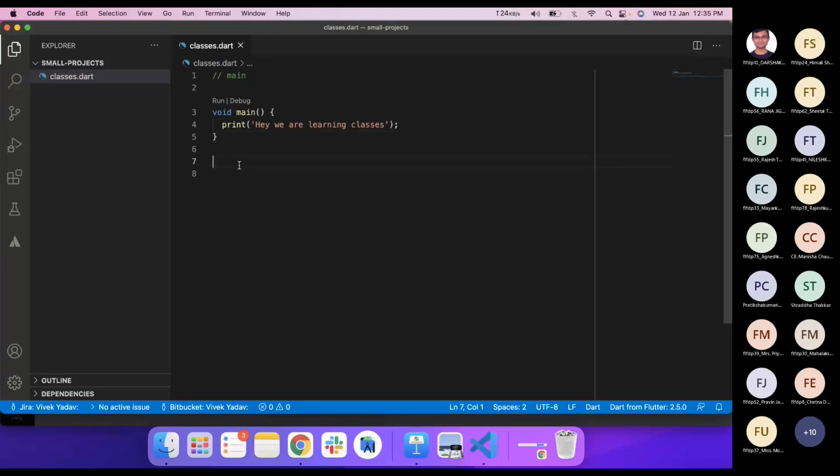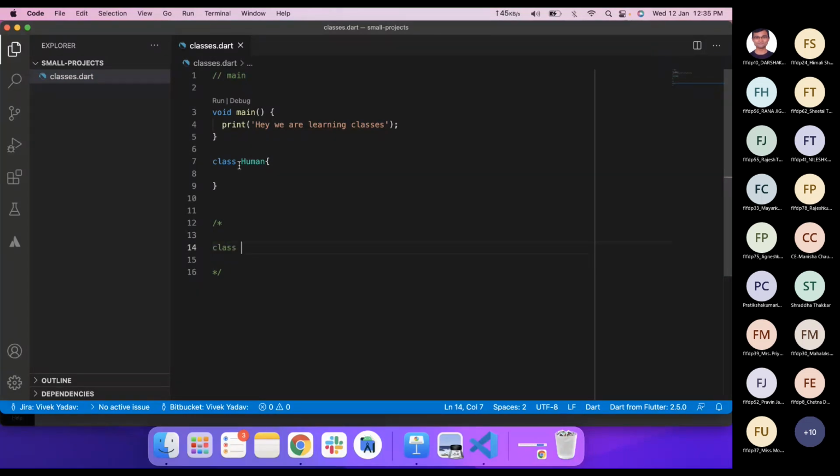Let's create a class, and now let's create a class for human. So class Human. You can see the structure is something like that. Let me add a comment like this. In the structure, we can see that first we write the class keyword.